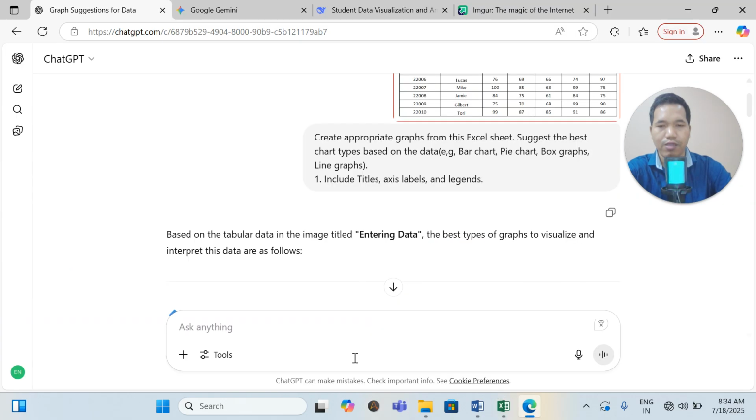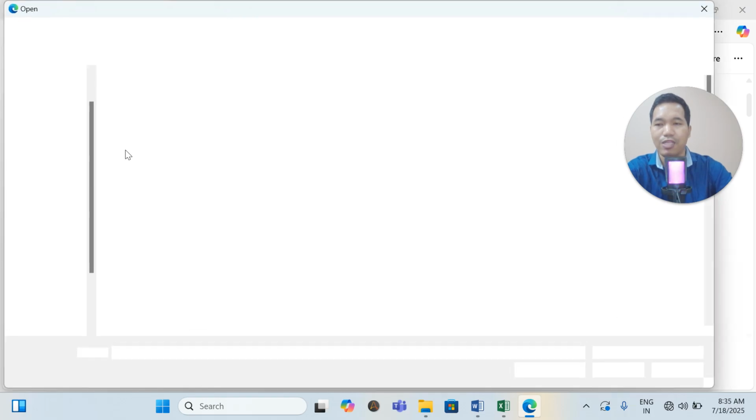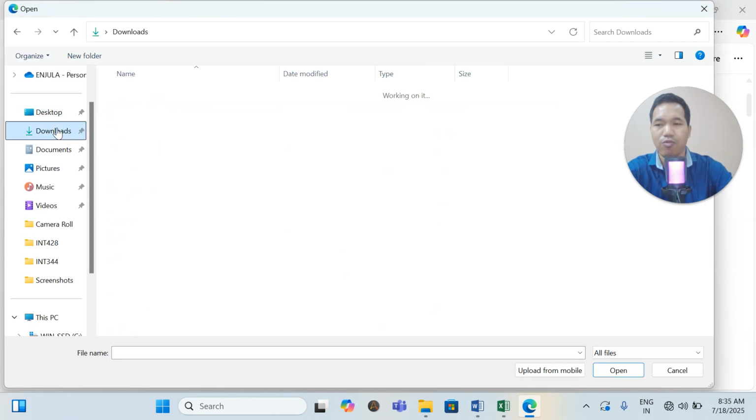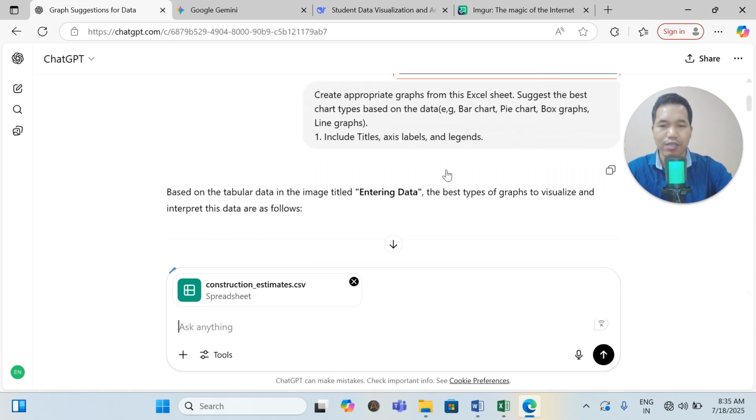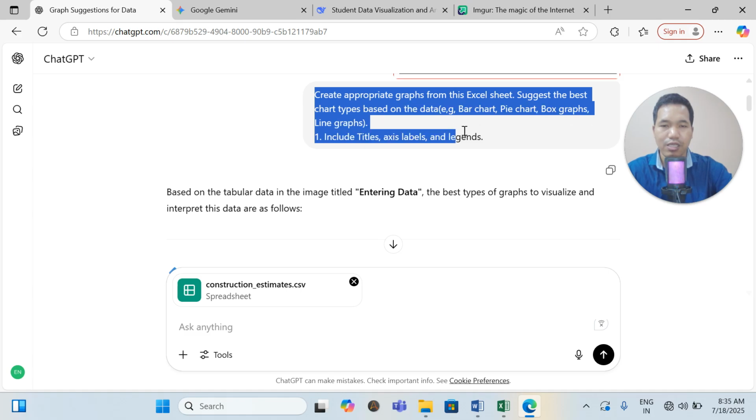Look here, I'm adding once again the file, and that file is already here in the download folder, and this is the construction estimate, right? Okay, so you can write the proper prompt that I have given, the same thing: create the best, including the title and all these things.